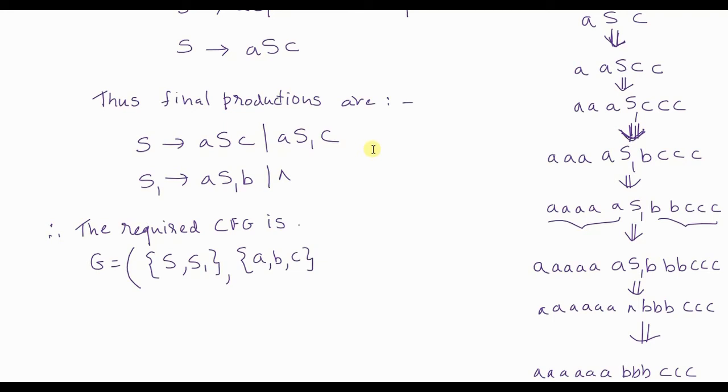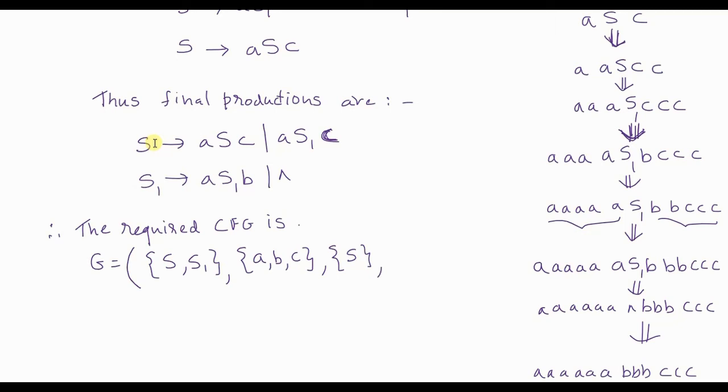Fine, this C is small case, this is small case. And then start symbol. Now looking at this, you can easily make out from S1 can you reach S? No, because on the right hand side of S1 there is no S. So from S can you reach S1? Yes. So this has to be the start production and S is the start symbol. So start symbol is S, not S1.